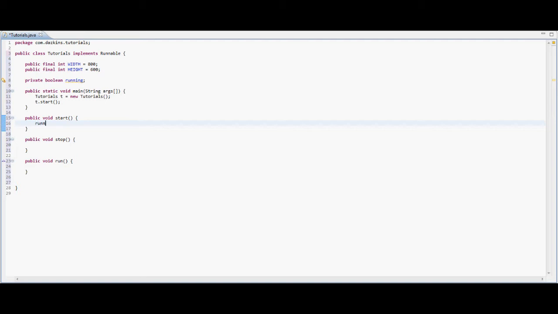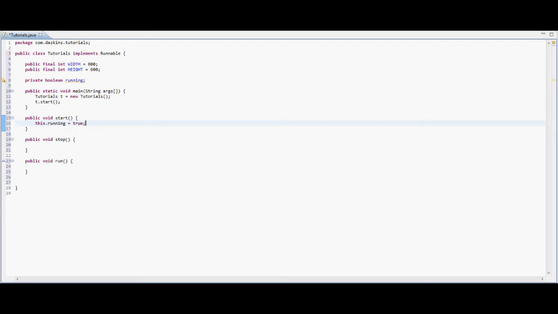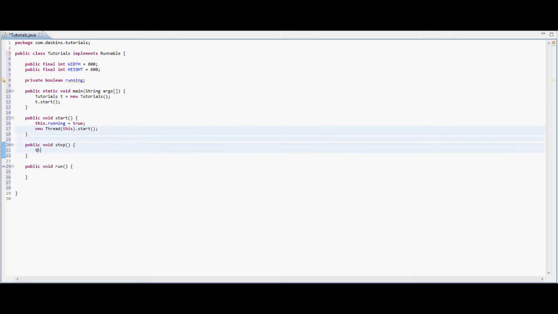So for start, we're going to want to set this dot running to true, and we're going to want to make a new thread and start it. Right. And equally in the stop method, we just want to set running equal to false. Okay, cool. So when we call the start method for the thread, it's automatically going to call this run method that we declared down here, because this class implements the runnable. So we're going to say while the program is running,